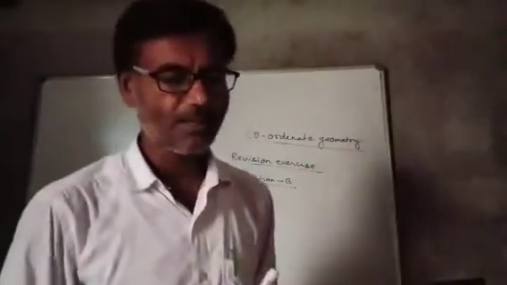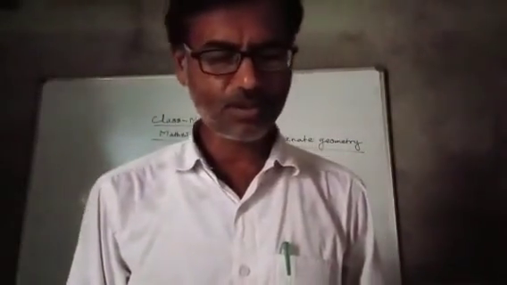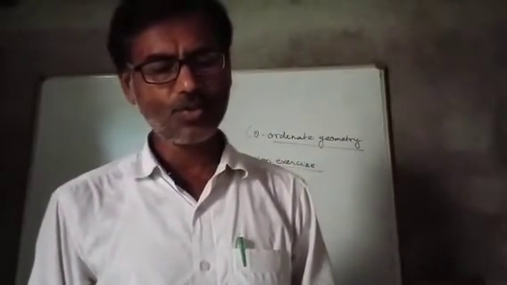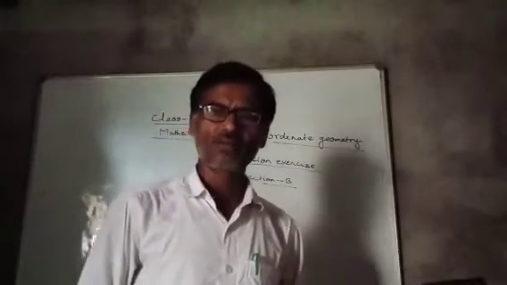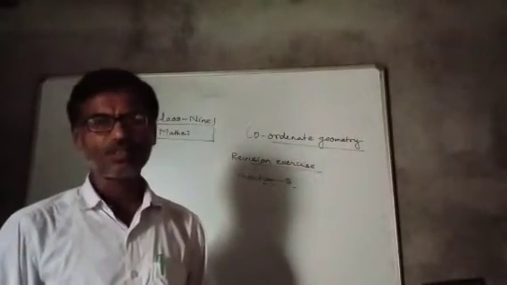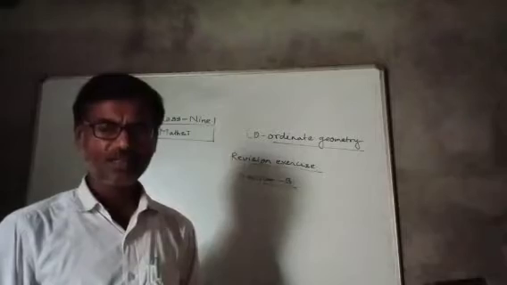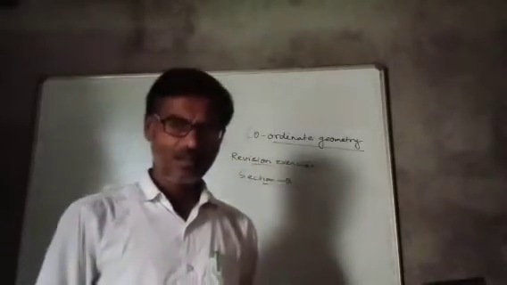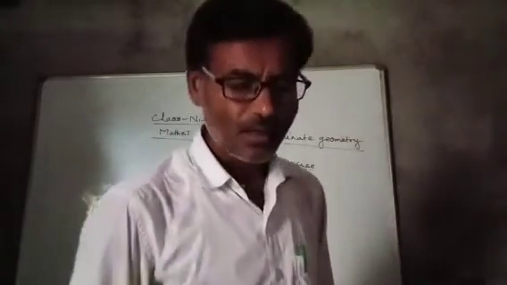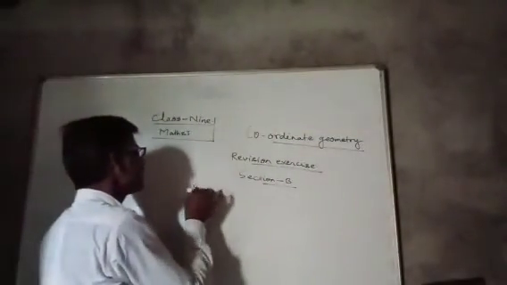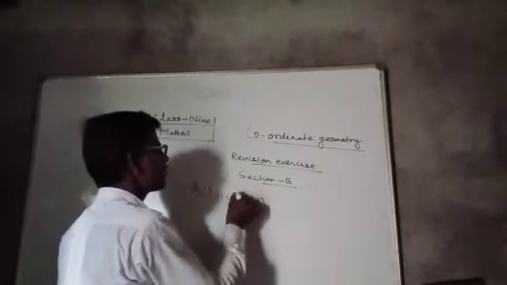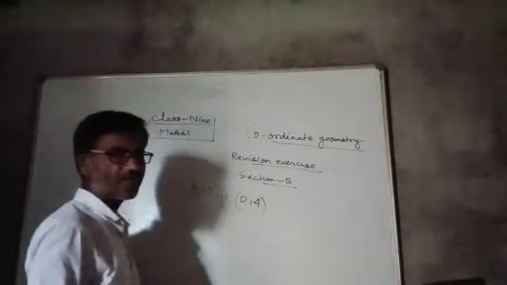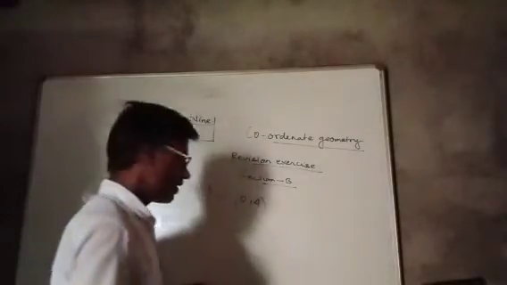Now let's go to section B. In section B, the first question is on which axis the given points lie. A few points are given and the question asks to tell their location: the given points lie on which axis, right? You have to tell. The first point is 0 comma 4. The question asks to tell its location, meaning this point lies on which axis.